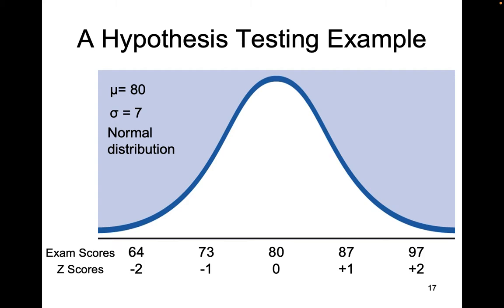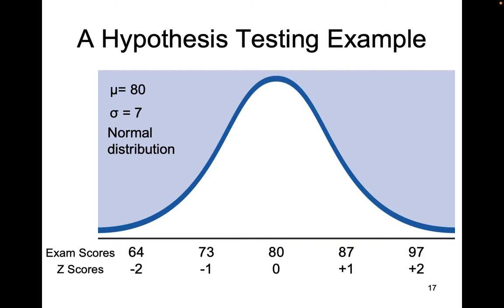Well, if that's the case and the training program doesn't actually work, our randomly selected student's exam score, we would expect it to be similar to the exam scores of the rest of the students that don't participate in the training. That is, if the training doesn't work at all, the randomly selected student is most likely to have an exam score somewhere in the middle or close to average. Remember that the height of the curve tells us what is likely. So if the training doesn't work at all, it would be highly unlikely. We could say approximately a 2% chance that this particular student that we selected at random would score a 97